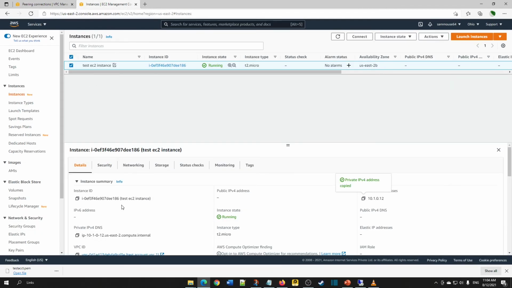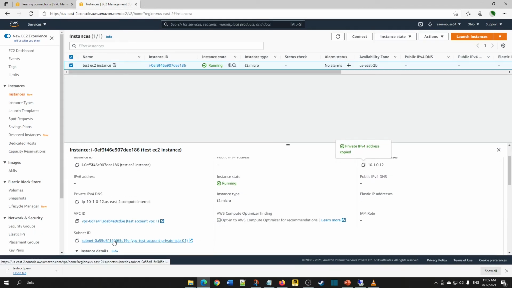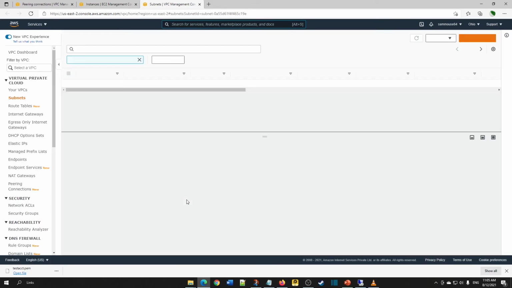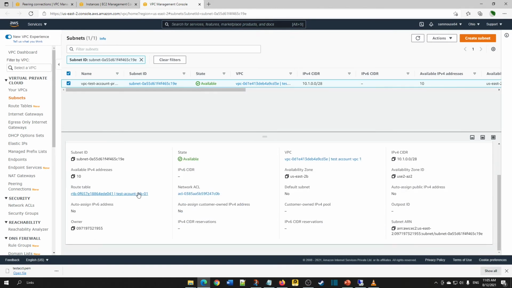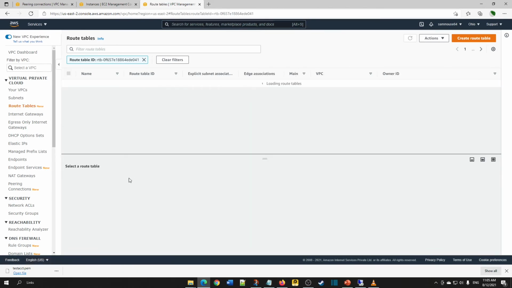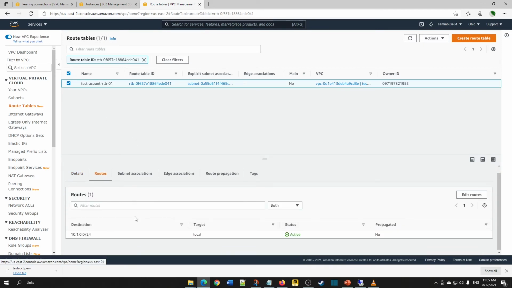Come to instance, click on subnet ID. Click on route table. Click on routes.